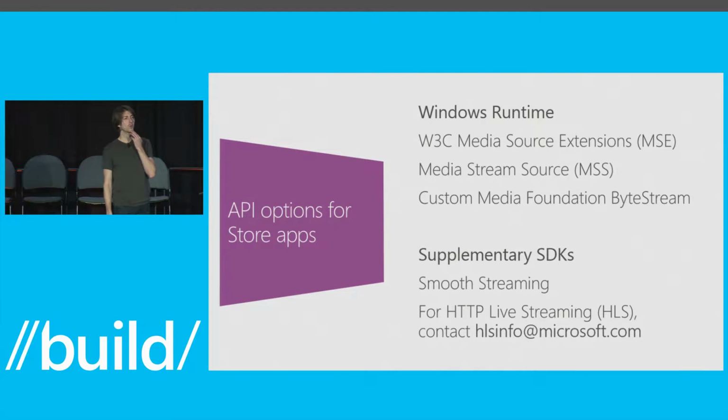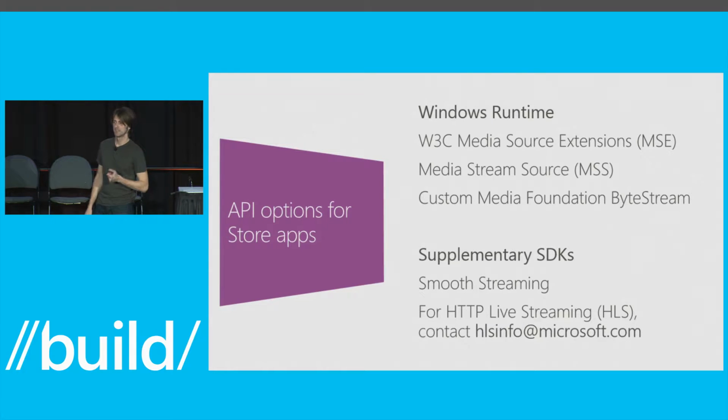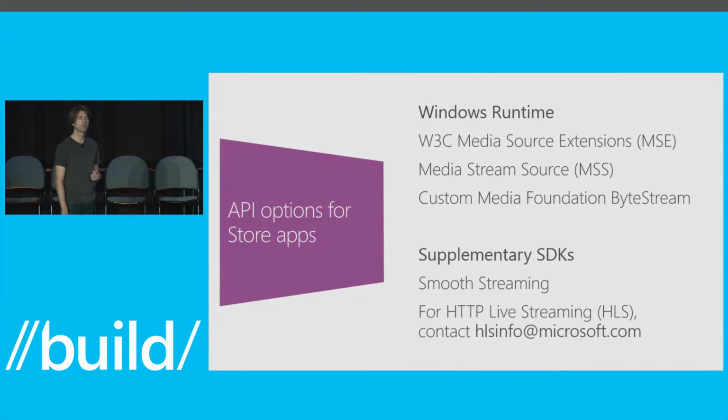Okay, so when looking at the API options, the most important ones to think about are the top three. These are the ones that are available in the Windows runtime across our family of devices, where you use the same programming model. The first is what's standardized in the W3C, something called Media Source Extensions. We talked about this a lot during the last Build conference. This is new to modern browsers, but enables plug-in free adaptive bitrate streaming inside of the browser and on Windows inside of web